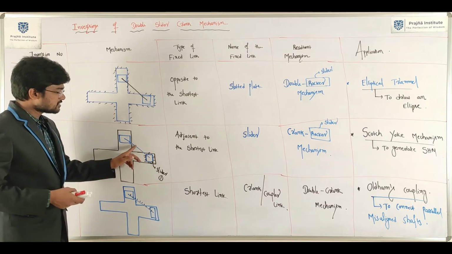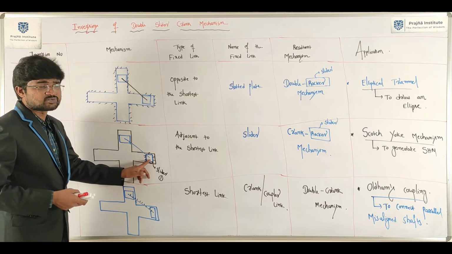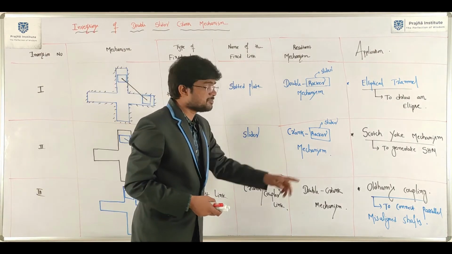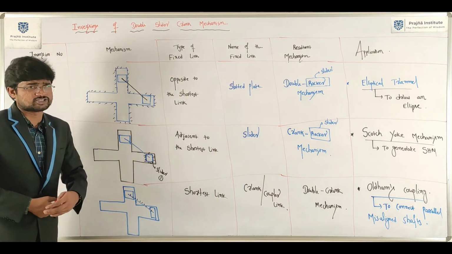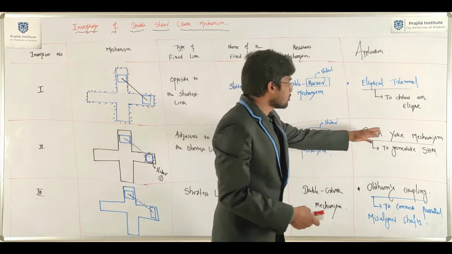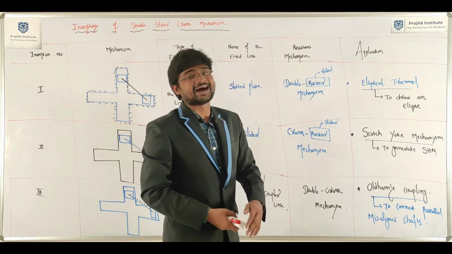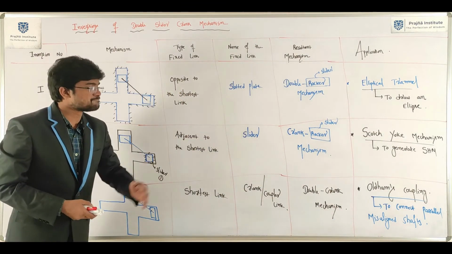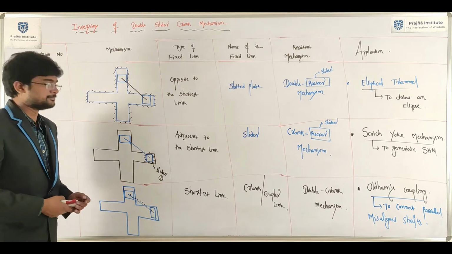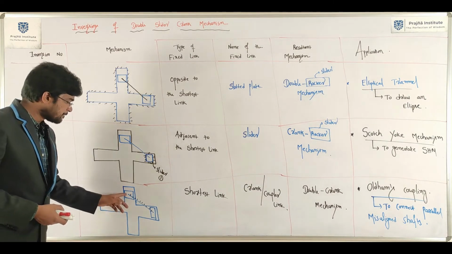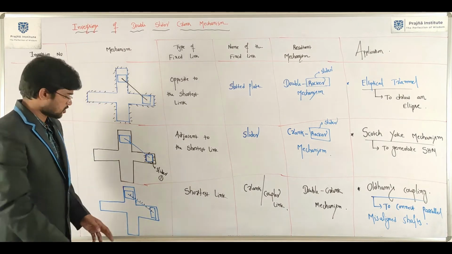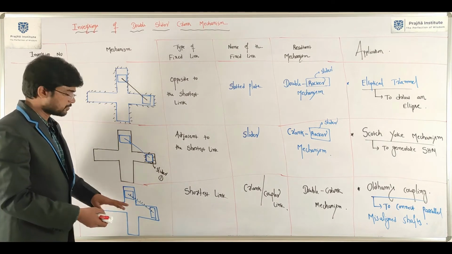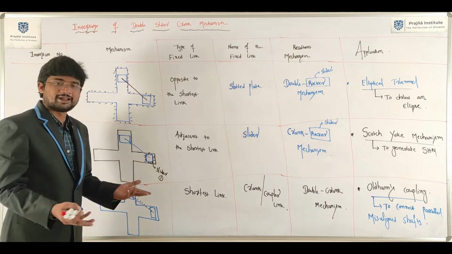When a link which is adjacent to the shortest link is fixed, the resultant mechanism will be a crank rocker mechanism. We can discuss in detail about the Scotch yoke mechanism. Scotch yoke mechanism is used to generate SHM, simple harmonic motion. Now if you fix the coupler link, which is actually the shortest link, you can call it a crank also; some people will call it a crank or coupler link.